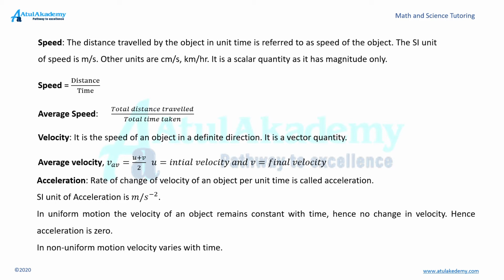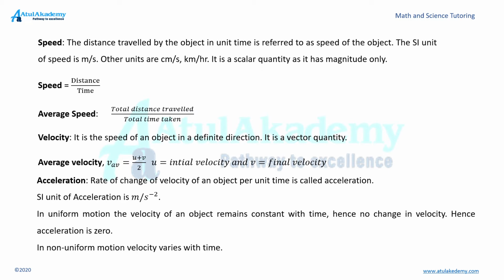Average speed is always calculated by total distance traveled divided by total time taken. Now velocity. It is the speed of an object in a definite direction. It's a vector quantity. It has both magnitude and direction. Average velocity, we can say that it's initial velocity plus final velocity by 2, or also total displacement by total